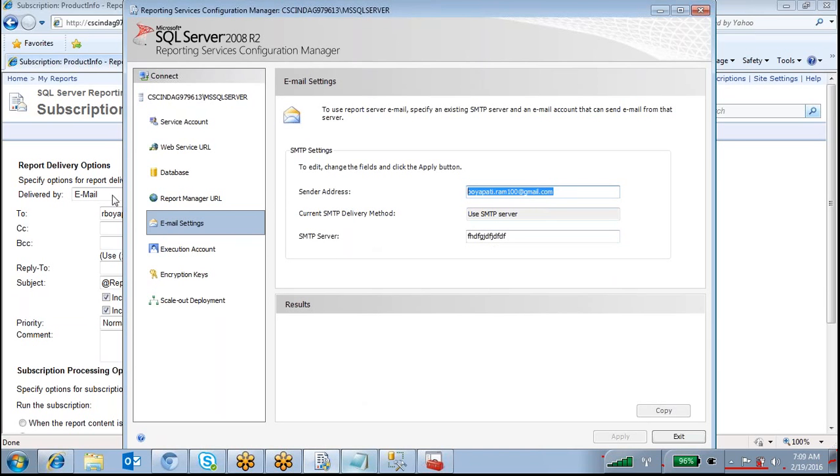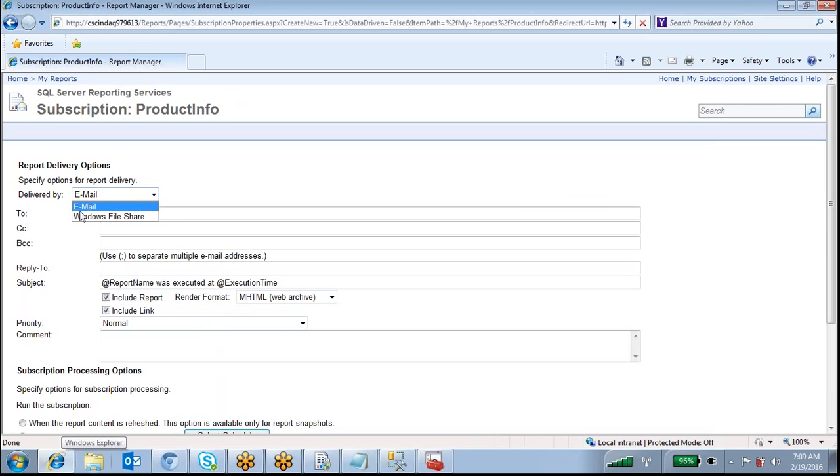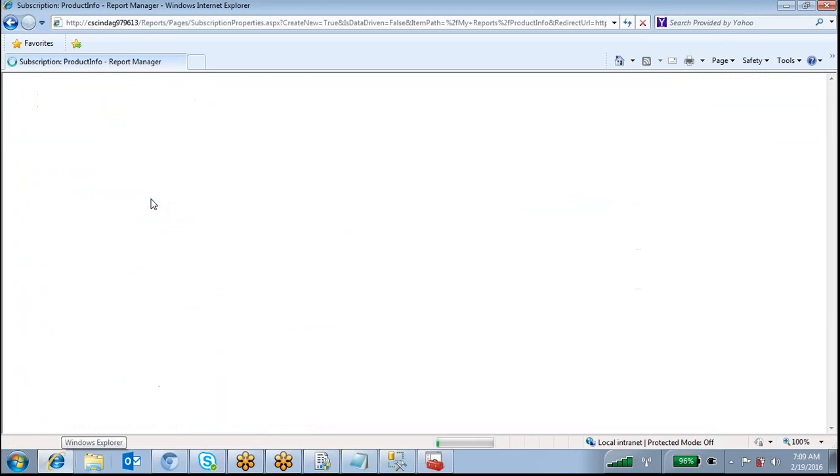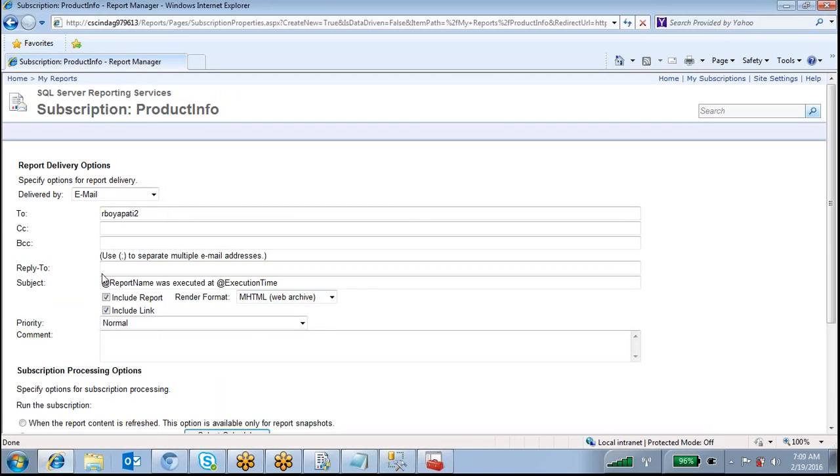That information you have to put in the Reporting Services Configuration Manager. After you apply it, only then will you find the delivery method email. Until then you can see only Windows file share. So I'm going to use the email delivery method.